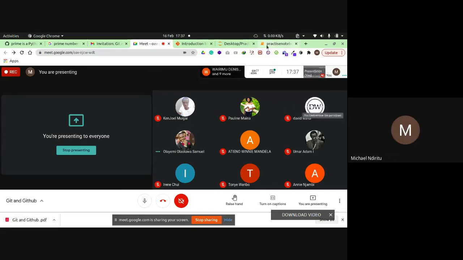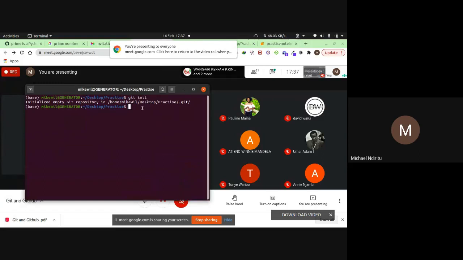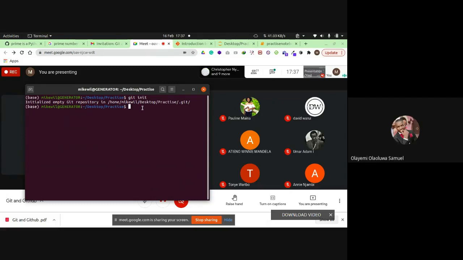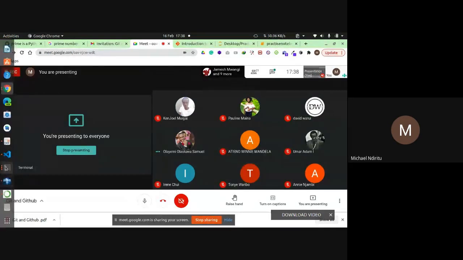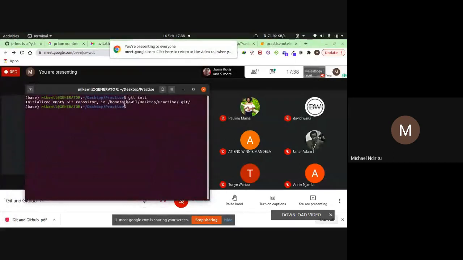Okay, as some configure, let's go back to where we were. We were initializing the repository, and as I said, what the git init command does is it initializes an empty repository in the local machine.